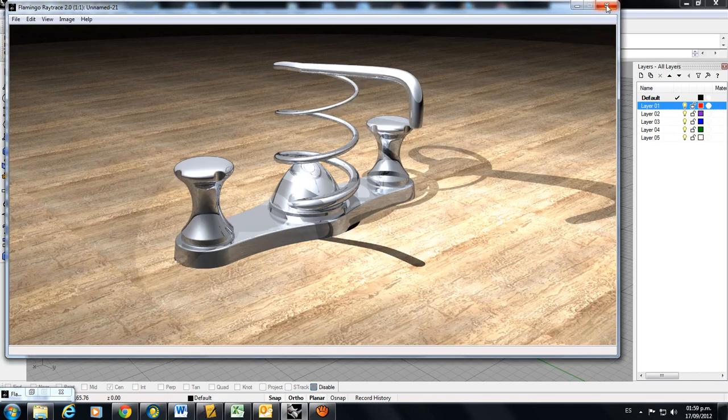So that's pretty much it for this tutorial. You are going to have time to play with this because it's never going to be perfect. You can always make it better. You can always make it more real. That's the idea of